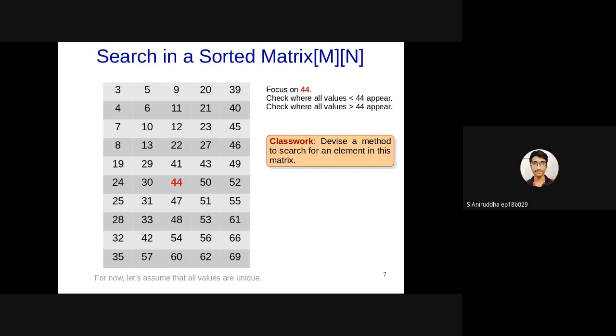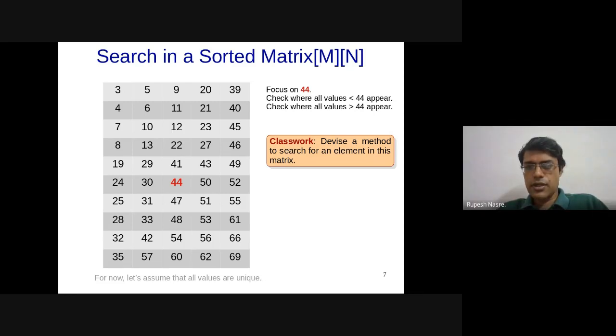Okay, sir. After the class, I'll try mailing you regarding this. Sure, no problem. That's fine. So I'll come to the next suggestion. As 44 is not a differentiating factor, we should not keep it as a focus. Okay, that's fine. If the matrix was sorted in row major way, it would have been helpful. I didn't understand this. Row major is more towards the implementation of how this matrix is going to get stored, more about the performance. So I didn't understand why row major versus column major will play a role.